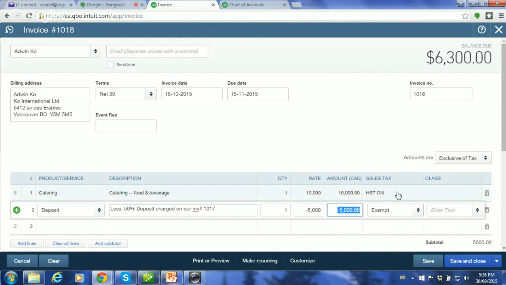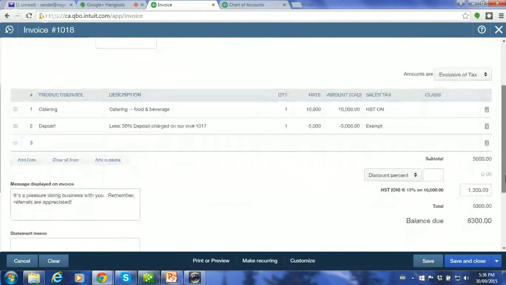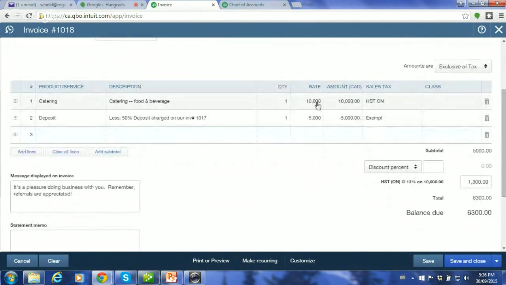I will check these things out, obviously, before I invoice. I'll have a file on them. But take a look at how the invoice turns out. I've got $10,000 plus HST on the full $10,000, and I've gotten rid of the $5,000 deposit that they provided me. The important thing is that this month I'm showing $10,000 of sales, and my cost to perform that project will show up in cost of goods sold in the correct month.